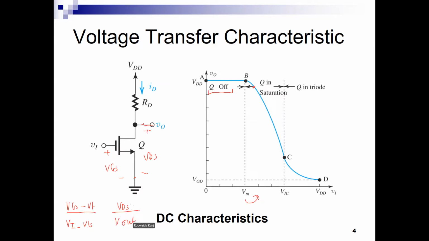If we take point X, for example, at X, V out or VDS is still large, but VGS minus VT is small, so VDS is bigger, and therefore the device is in